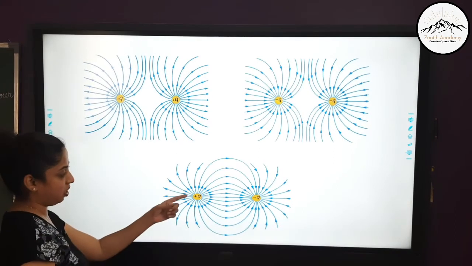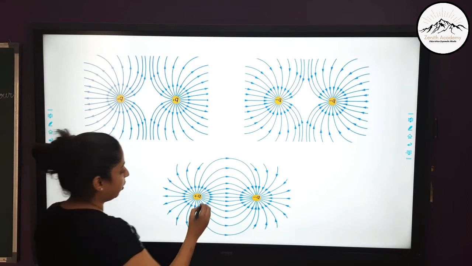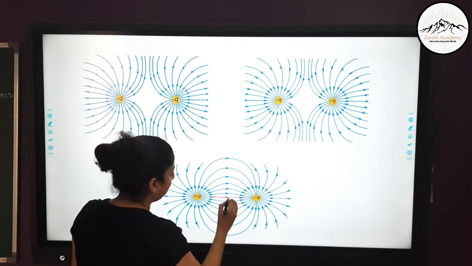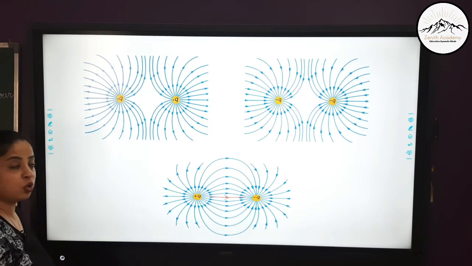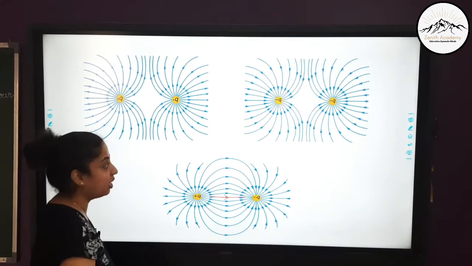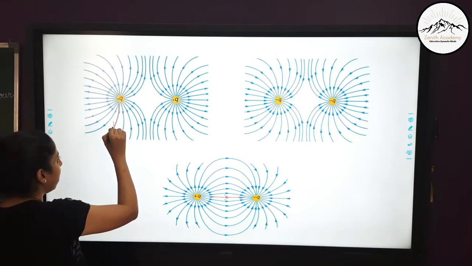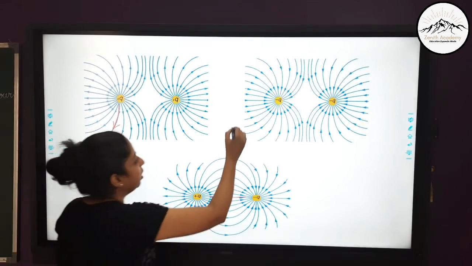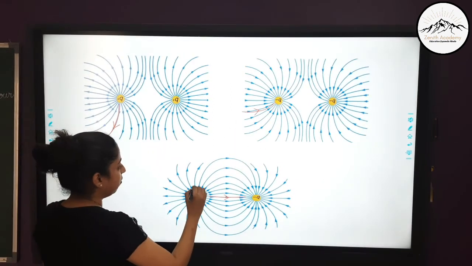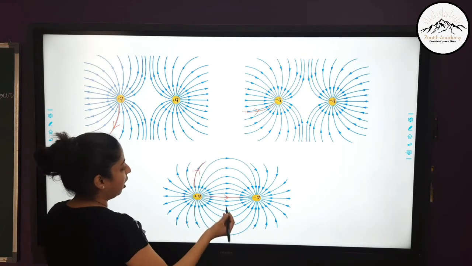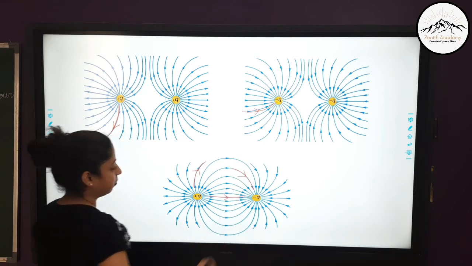And now here there is a positive and a negative charge, that is unlike charges. So here you can see they are getting attracted to each other. So you should know how to draw these field lines. You should always remember that from positive the arrow is pointing out, in negative the arrow is pointing inside. See, the positive arrow is pointing out and in negative the arrow is pointing in.